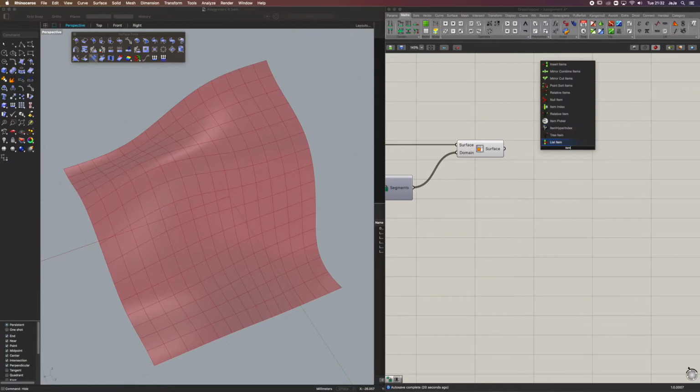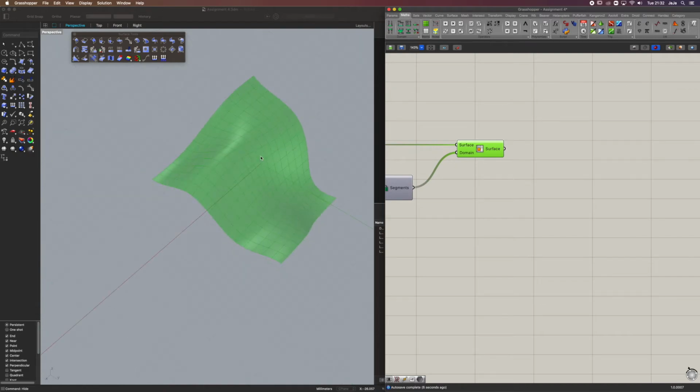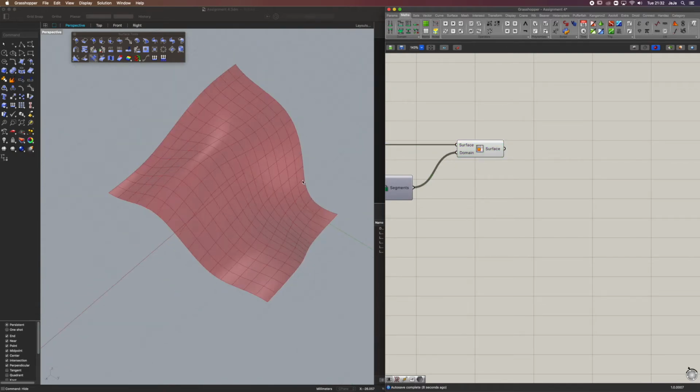So if I already want to check that they are separated or not, here I can just grab a list item, and this is item 0 in the list of surfaces. And I can pretty much select each of them that I want. So here are our subdivided surfaces, and then the next step is to